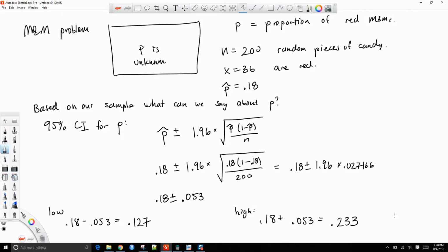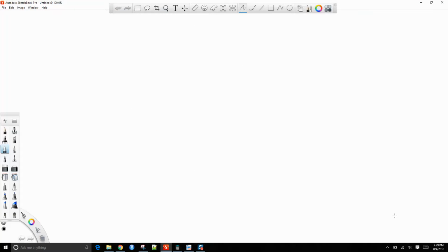All right. So my 95% confidence interval is 0.127 to 0.233. And I would say I am 95% confident